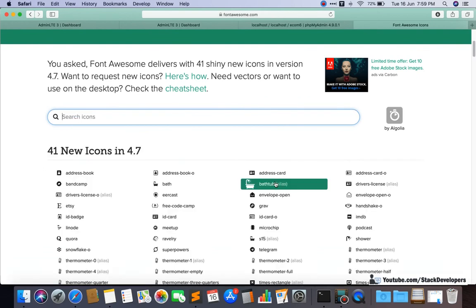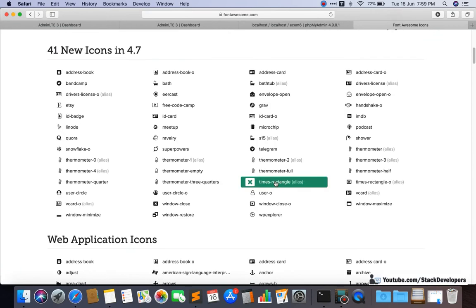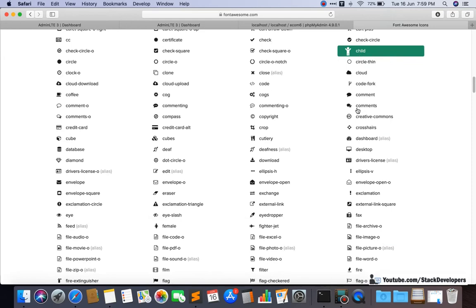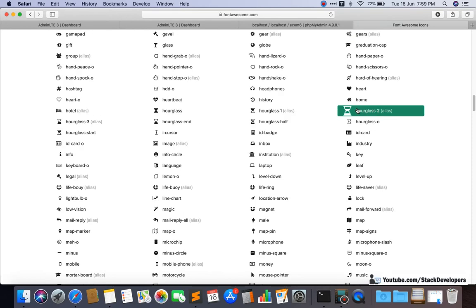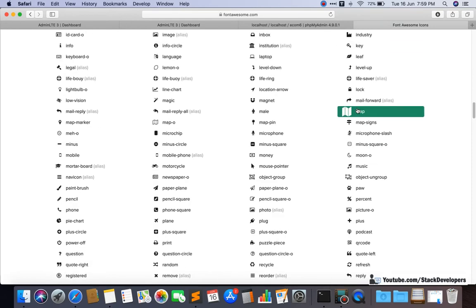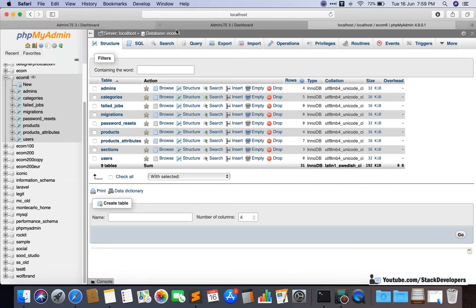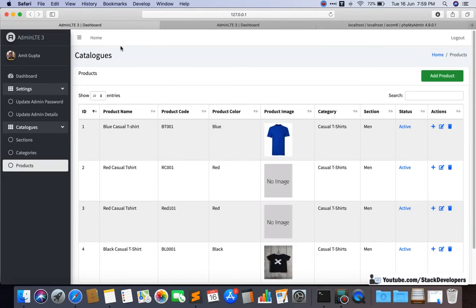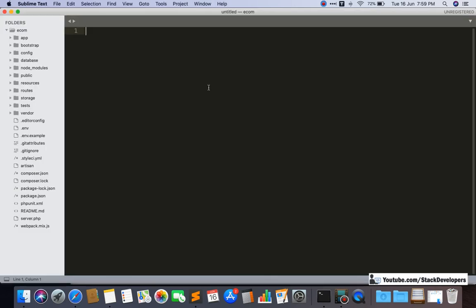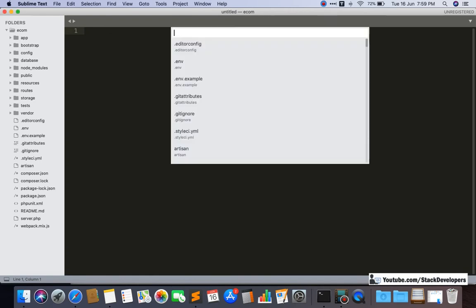Nothing like this. So we can do this later on, but right now we can just give such a kind of link, active inactive. I am going to open this page, the add attributes blade php file.